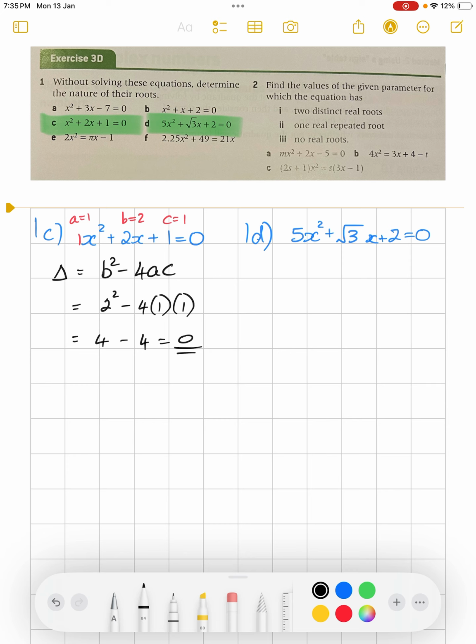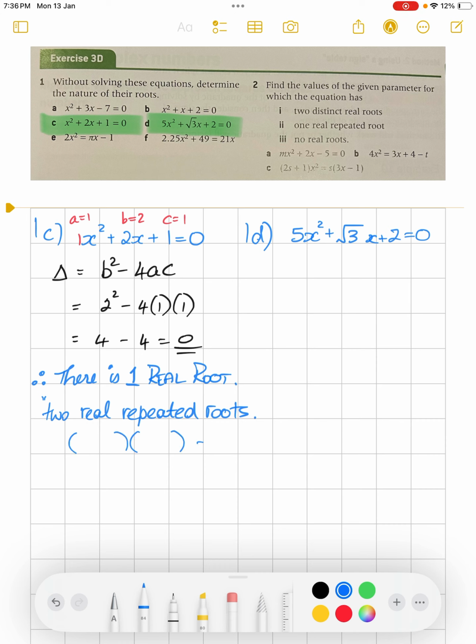Well, since there's a 0 value, this means there's no plus and minus. So really, it says there is one real root. There is one. It's real. We could say two real and repeated roots. That's the same thing, because really the roots of the equation is that you get whatever the root is,